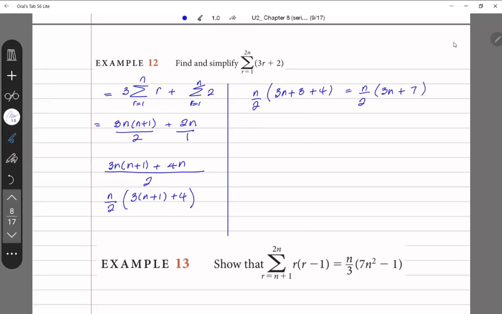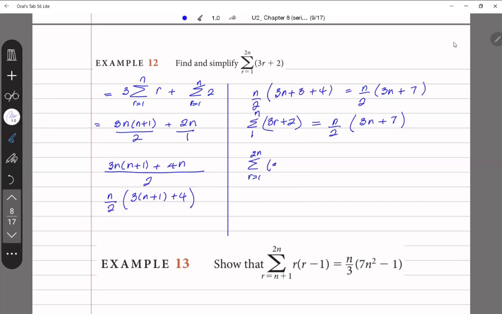Now, so that is sigma from r is equal to 1 to n of 3r plus 2 is actually equal to n over 2 into 3n plus 7. Now, if we want from when r is equal to 1 to 2n,